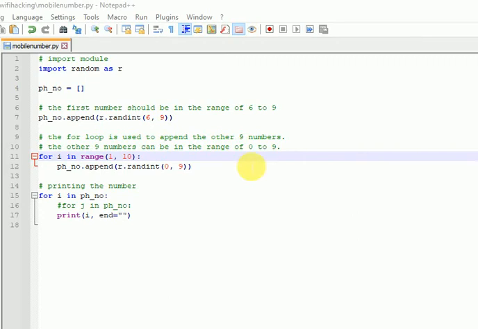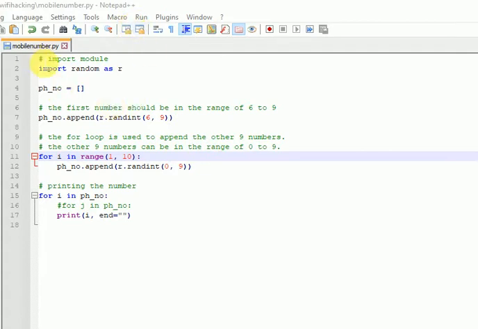Okay friends, today we will see how to run Python code with the help of Notepad++, or how to add Python 2 and Python 3 into your Notepad editor. Okay, so for doing this we just